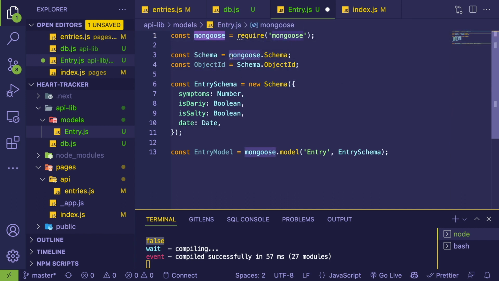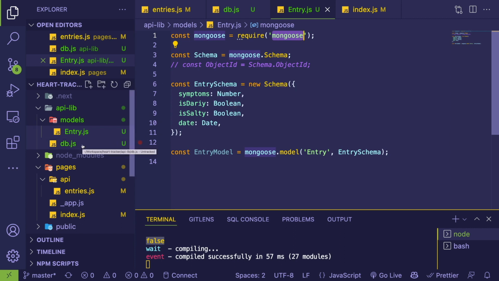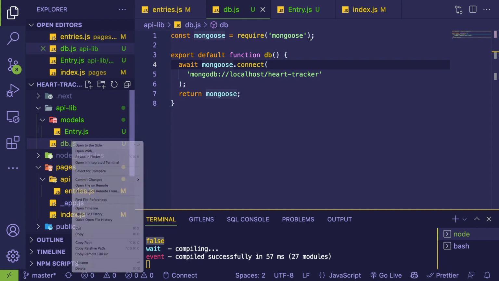is, let's see, schema. Do we need schema here? Where is this used? Object ID, don't think we're using that. Bear with me. I'm trying to think about the hot reloading thing. Remember that little comment that we saw in that code? I think what we want to do is